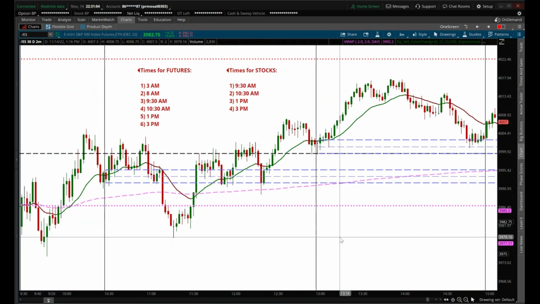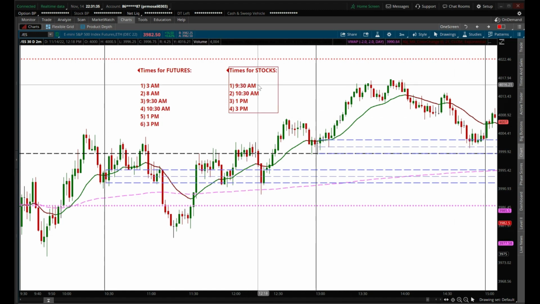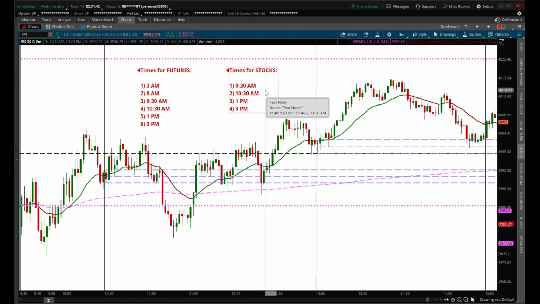Welcome to Channel Trading. Today, I want to go over the times that I use for futures and also for stocks. Some of you have asked for stock trading, what times to use. This is for the stocks that are being traded in the US, but if you're on some other stock exchange, say in India or China or Germany or England, FTSE, you can use the times, but I'm going to tell you why I'm using these times,